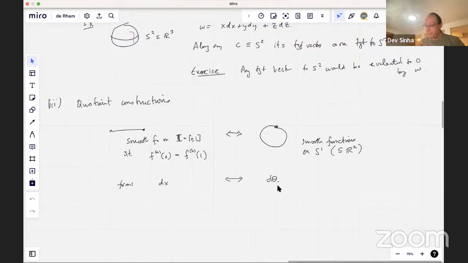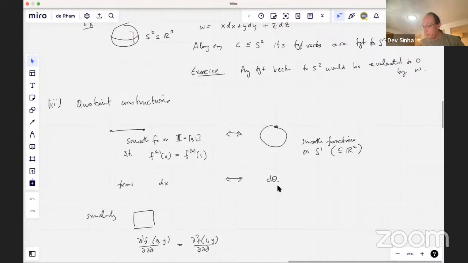Similarly, if I work on a square and have functions so that the partials at the left-hand side are the same as the partials at the right-hand side,